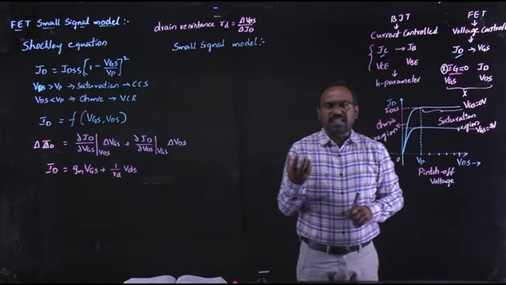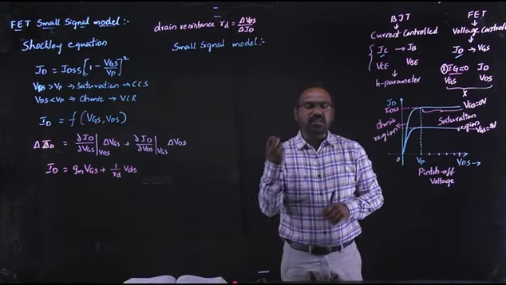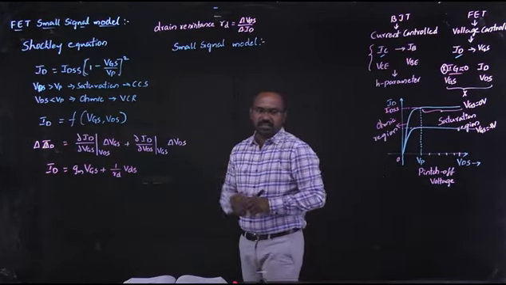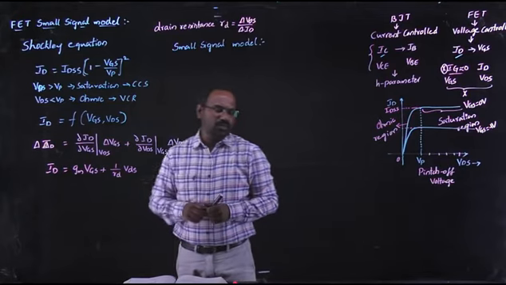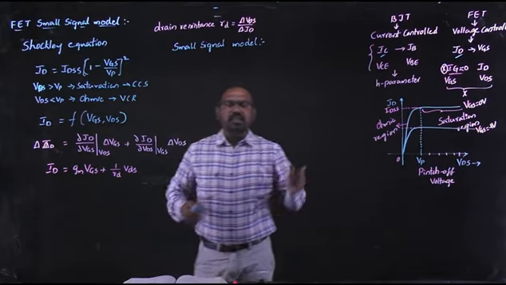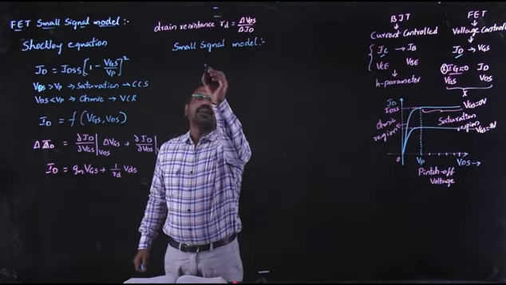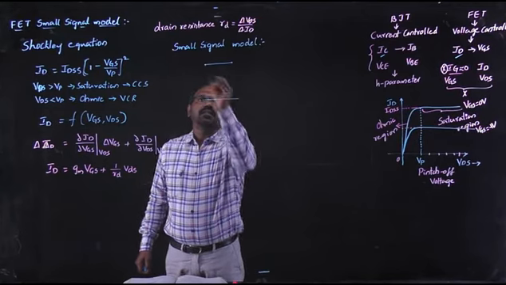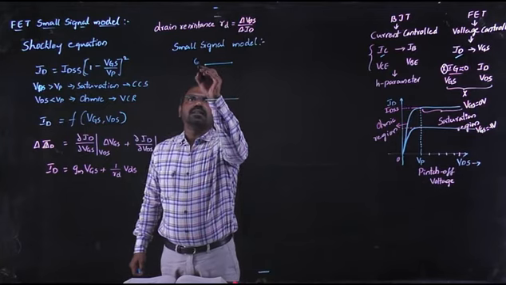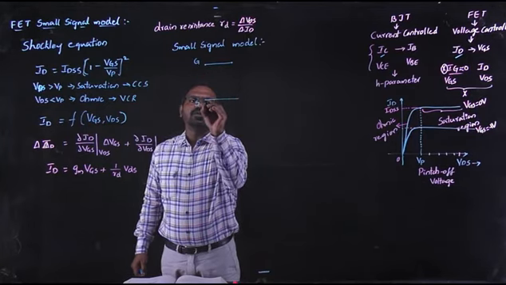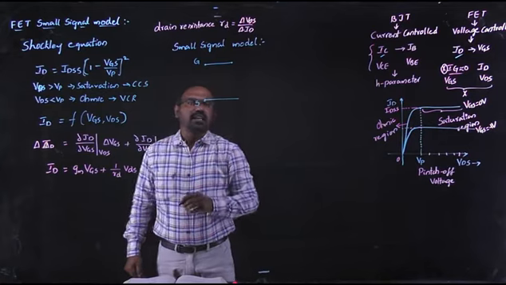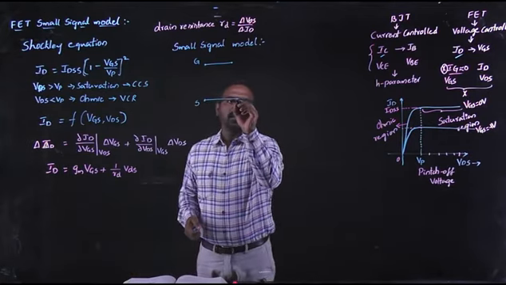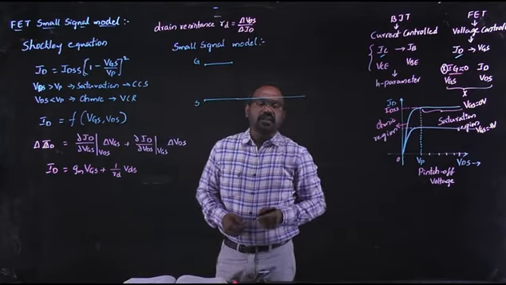the field effect transistor has very high input impedance, generally in mega ohms. So take the small signal model. I am drawing it for common source, the gate terminal and the source terminal. Generally, the gate and source terminals are open circuited, and between the drain and source,